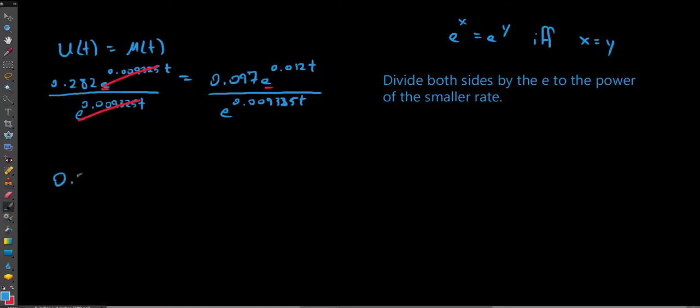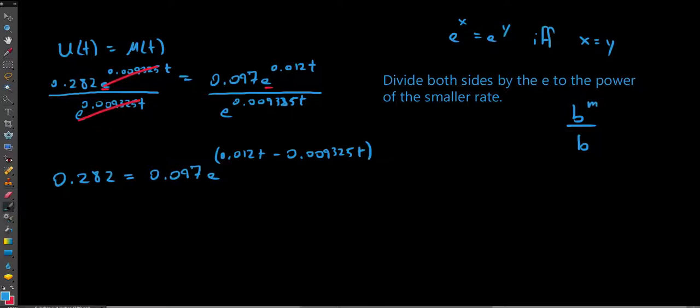And so what we're ending up with is 0.282 on the left, and this is equal to 0.097 e to the power of what? Now here's the curious part. I'm going to say e to the power of 0.012t minus 0.009325t. And the reason why is because when we divide two things that have the same base, like b